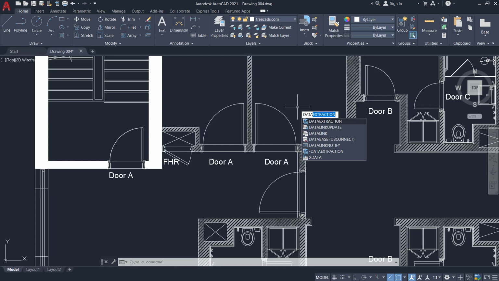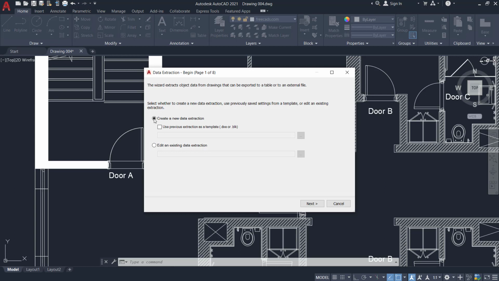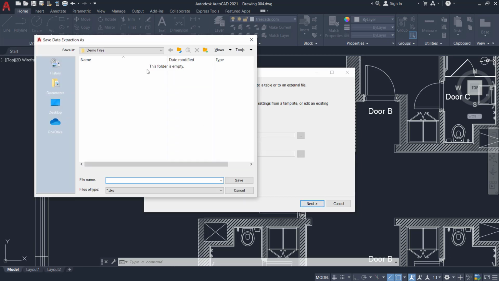So let me type data extraction, and then you have to create a new data extraction, so it will get all the data presented in the current drawing, and it will save as a DXE, and then you can edit it later. If you have already saved a DXE, you can edit that data and then filter the categories. So in this case we are going to create a new data extraction. So click next, and then it is asking me for a location to save. So data extraction demo,